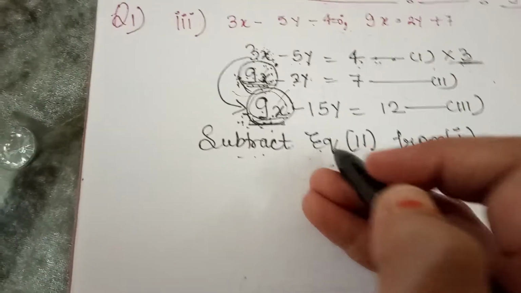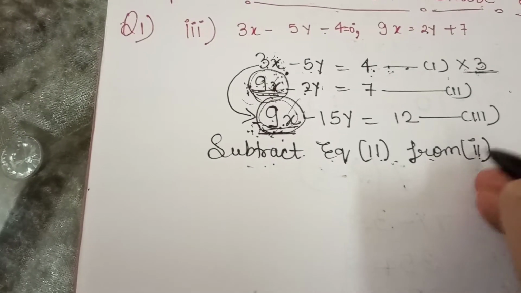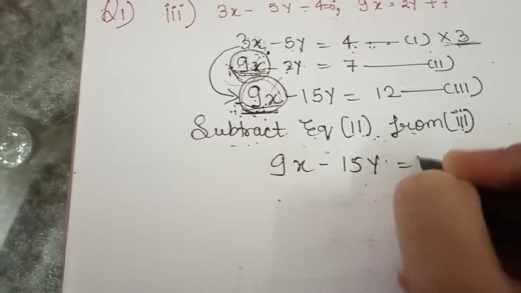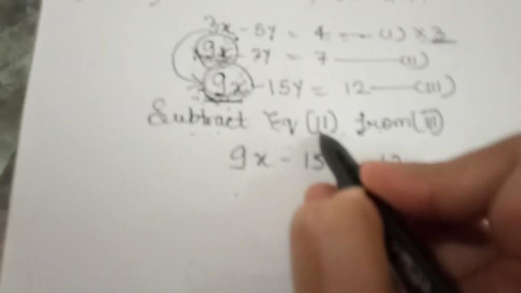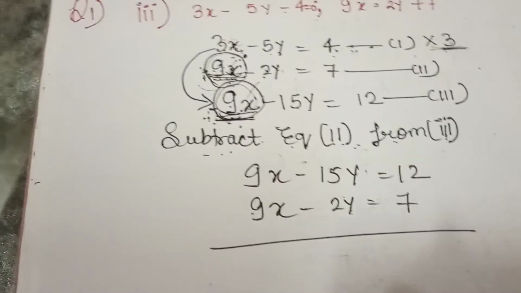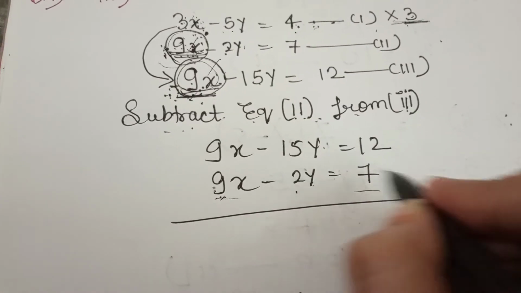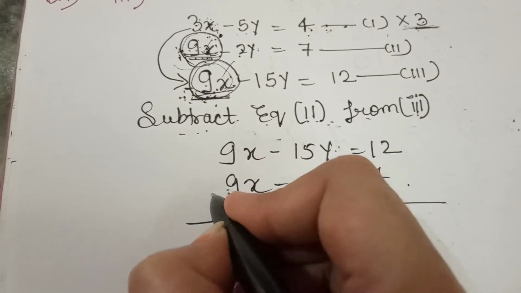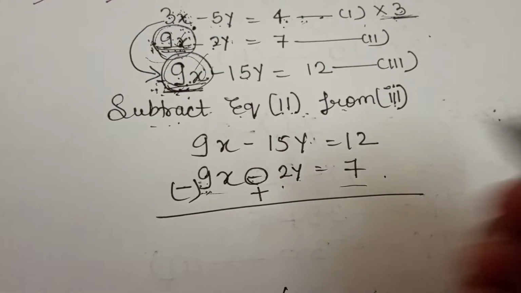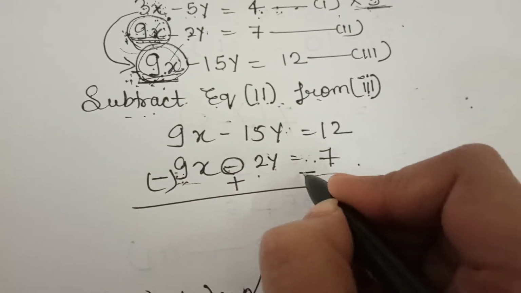So what I have written: subtract equation second from first. तो सेकंड नीचे लिखेंगे, फर्स्ट पहले लिखेंगे. Nahi, sorry, we are subtracting equation 2 from third, not 1. So first we will write the third one. Then, because we are subtracting second from third, we will write the second equation. So what is the rule when we subtract? That if we are subtracting this equation, then we have to change the sign of all the terms. So 9x is positive, it will become negative. 2y is negative, so it will become positive. 7 is positive, because no sign is there here, it means it's positive, so it will become negative.